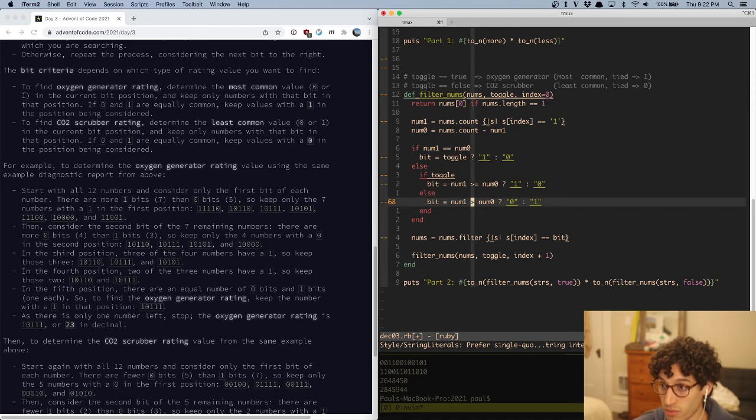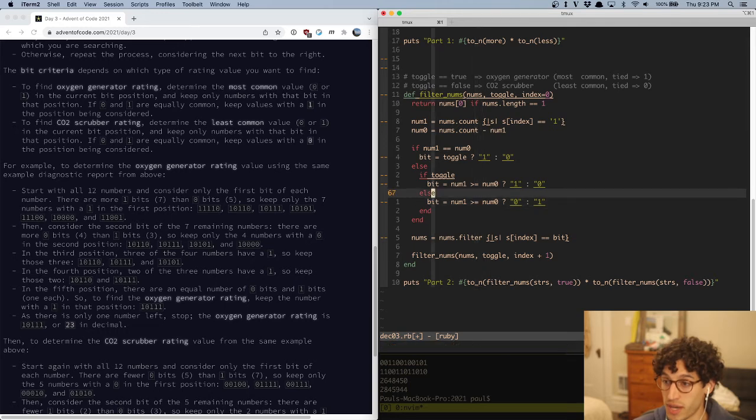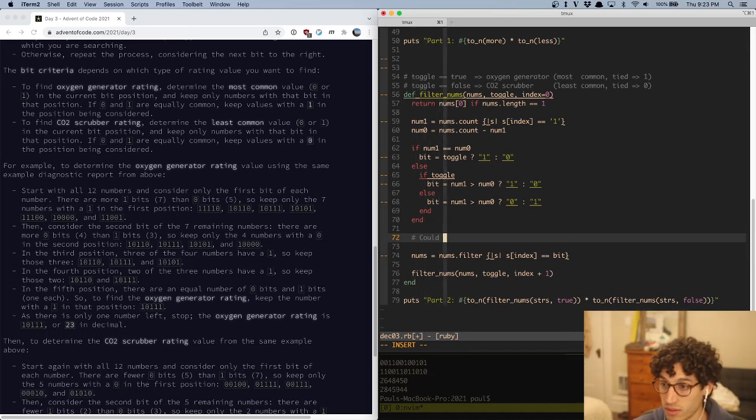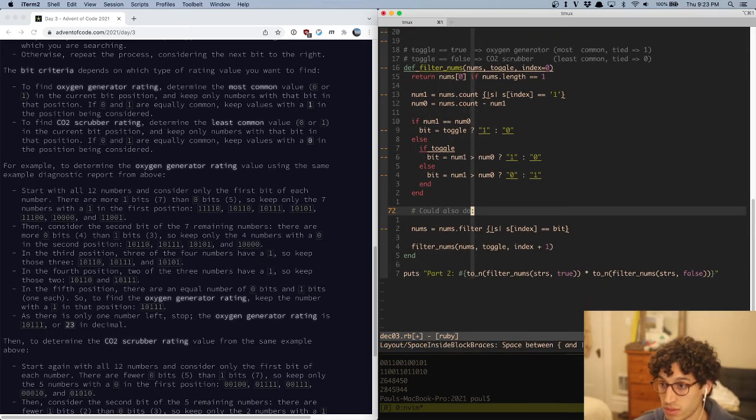Here, if they're equal, we want it to return a 0. And so, yeah. We could also get rid of the equals case by using